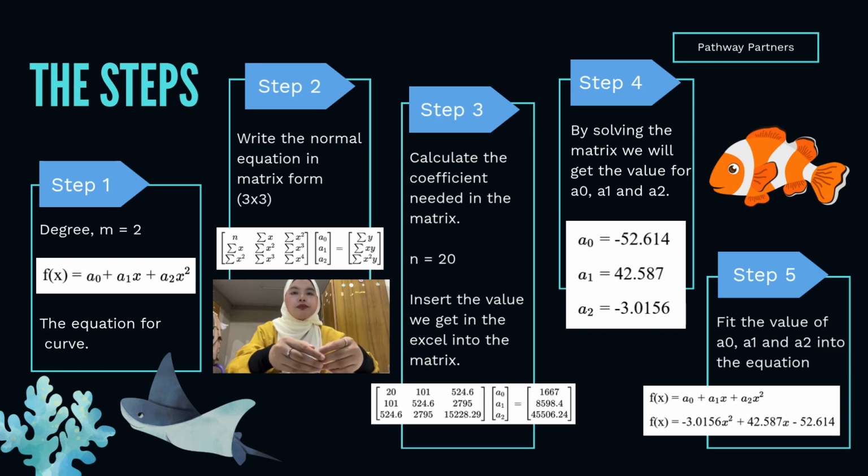Step 3, we use our total sample size of n equal to 20. We took the summation values calculated in Excel and substitute them directly into the matrix elements. For the value of n is equal to 20, the summation of x is equal to 101, summation of x squared equal to 524.6, summation of x cubed equal to 2,795, and the summation of x to the power of 4 is equal to